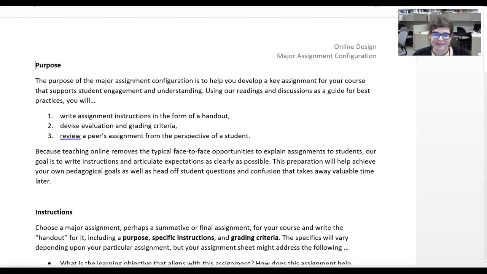Hello, online designers. Let's talk about your major assignment configuration. This will be done in two parts. Basically, you are creating the handout for a major assignment in your course, and then you will share that assignment